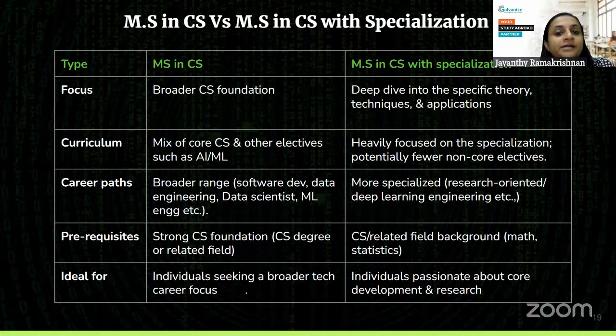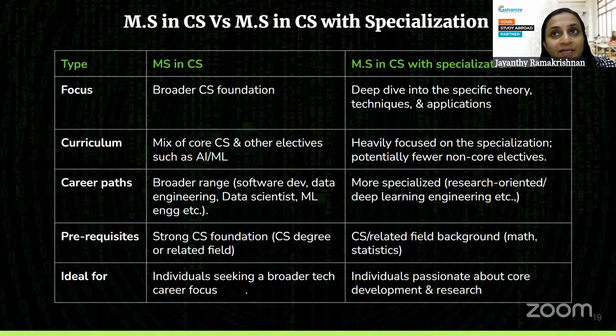In that stipulated amount of time, based on the number of courses that you can take, you can then choose, okay, I want to do this and this. I want to do a combination of, say, data science and maybe AI, or maybe AI and ML. So these are the kind of electives that you can choose when you're doing a pure computer science program.